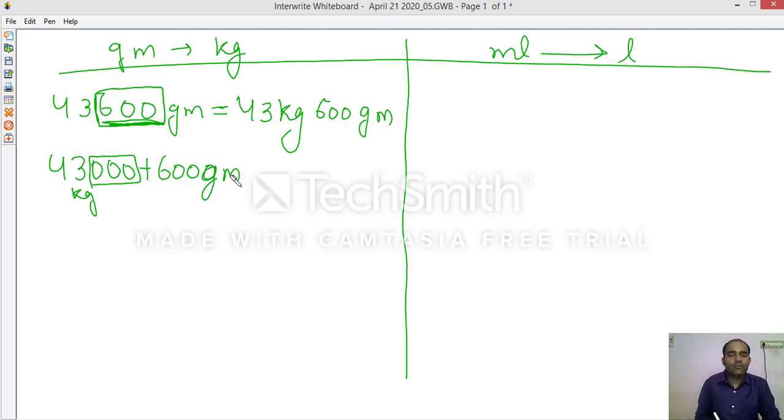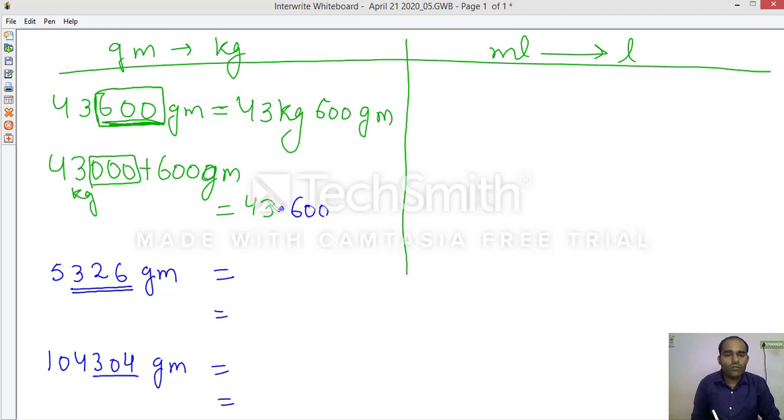There is also one method to write this. Before the 3 digits you can put the point and write 43.600 kilogram. Let's take one more example, 5326. These 3 digits will go in the gram portion and all the left digits will go in the kilogram portion. So 5 kilogram 326 gram, or you can simply write 5.326.